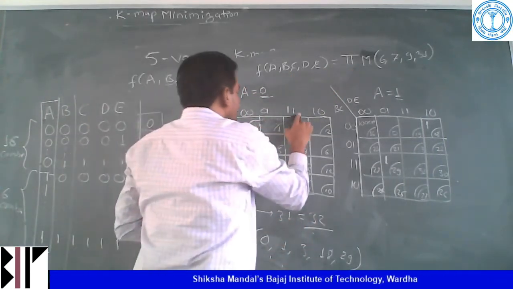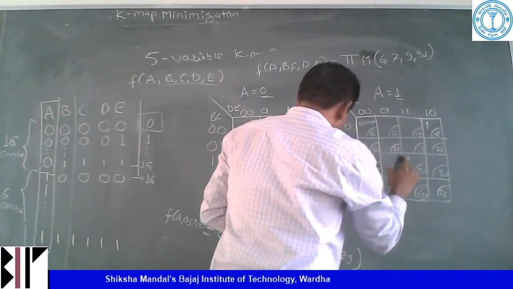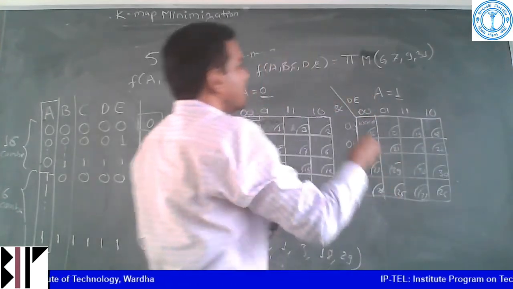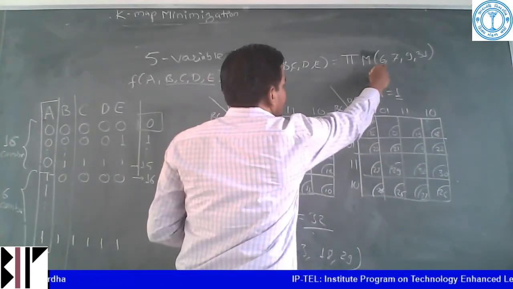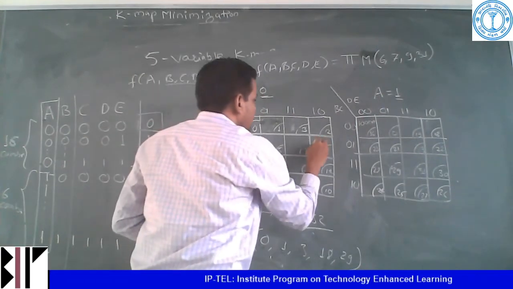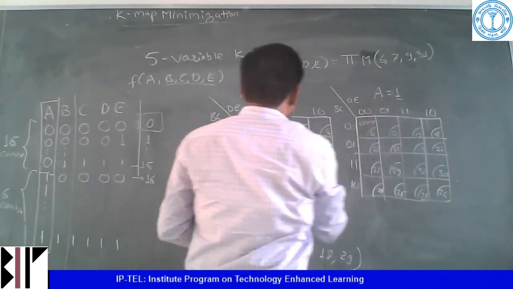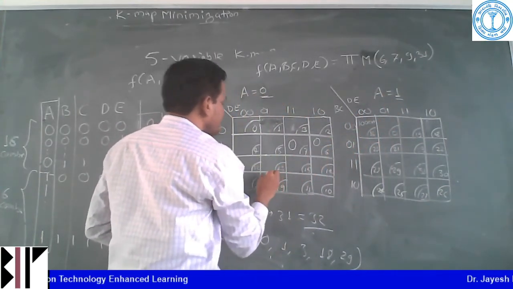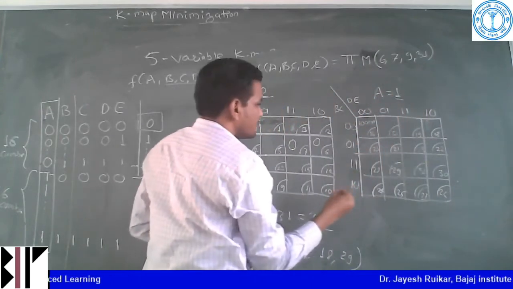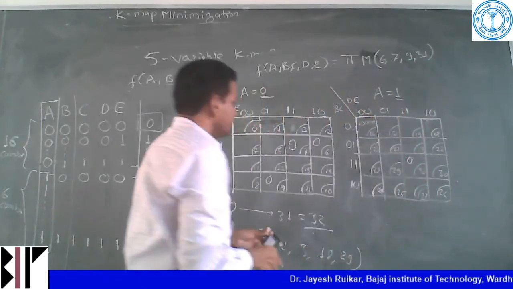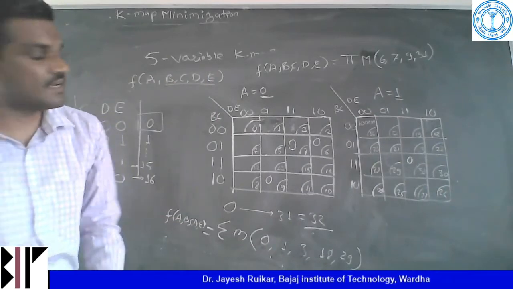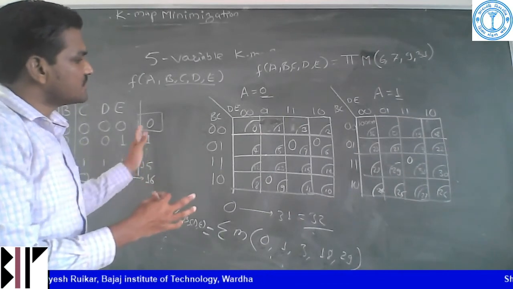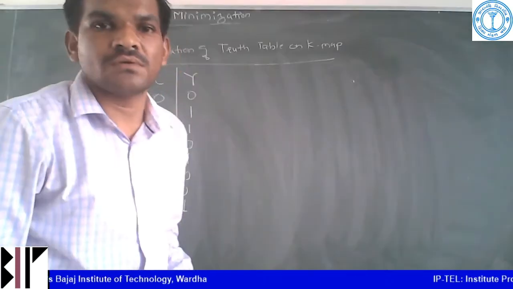So instead of 1 as in minterm, we will write 0 in this POS form. So on cell number 6 it is 0, then 7 is 0, and then 9 you have to write 0. Where is 9? Yes, 9. And then on 31 we have to write 0, and then using K-map rules, we have to minimize the equation by the groupings, and all the rules are there.